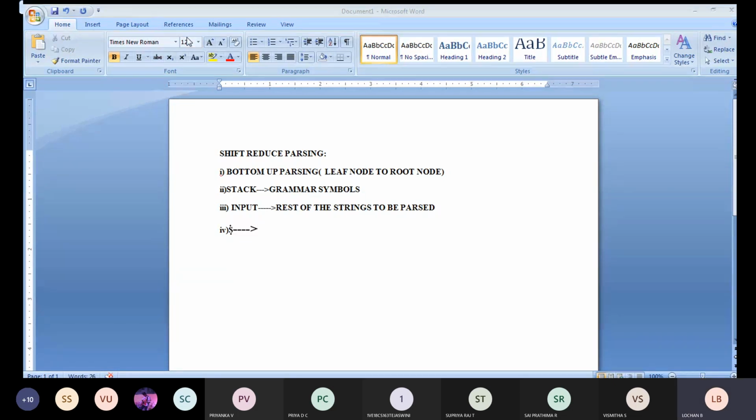Dollar means it marks the bottom of the stack. These are the things you should know with respect to shift reduce parsing.